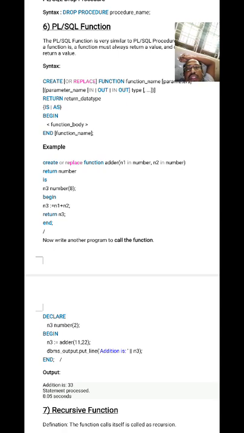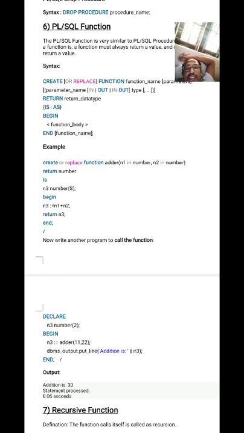So what is there in the function: n3 is equal to n1 plus n2, these are the input values. Because you wrote n1 IN, 11 is assigned to n1 and 22 is assigned to n2. After that, BEGIN, n3 is equal to 11 plus 22. What is 11 plus 22? 33.